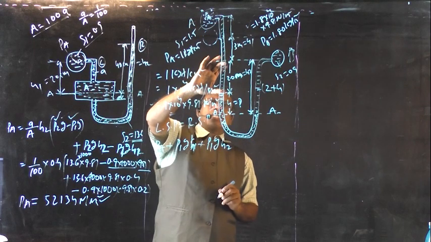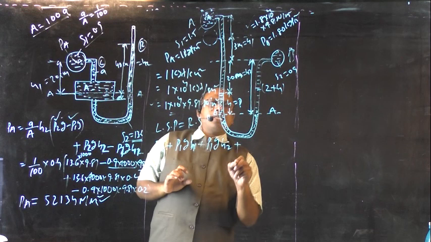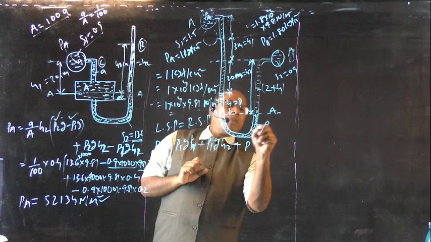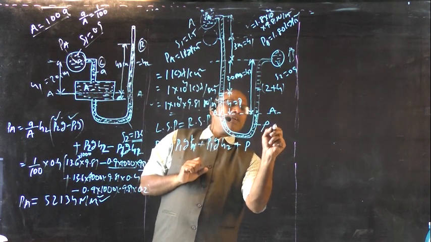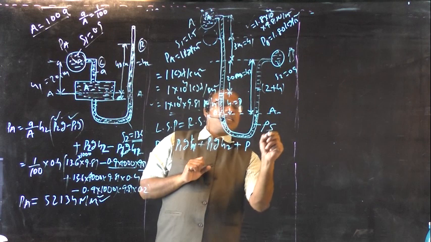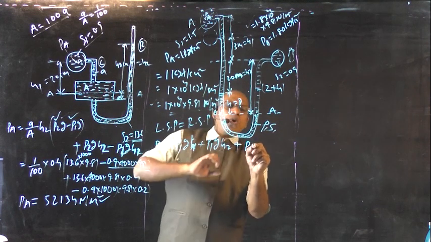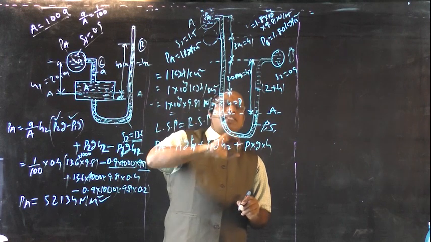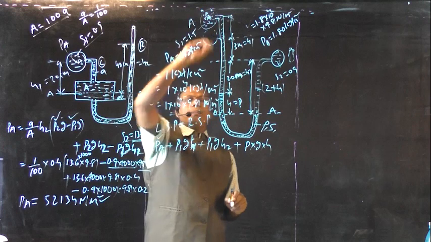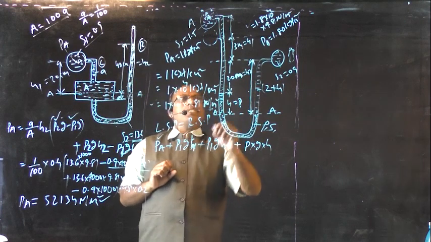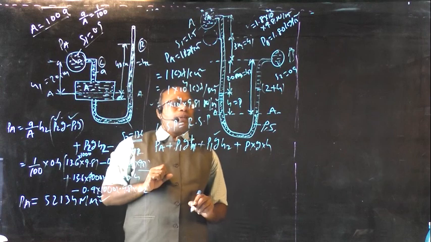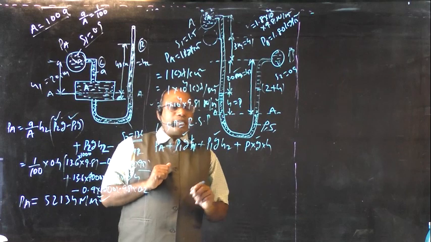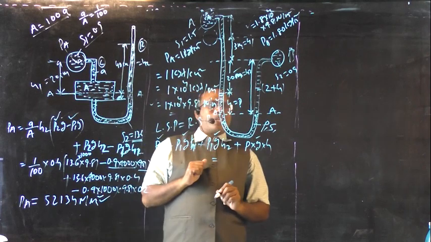This is one pressure, this is another pressure, this is one more pressure, plus rho is the density of the heavy liquid, denoted by rho. Specific gravity of the heavy liquid is denoted by S. Right? Rho into G into H. Because of this column we have one pressure. Pressure 1 PA in the pipe A, and 3 meters column we have one pressure, and 2 meters column we have one more pressure, and H meters column we have one more pressure. Those are the left side pressures. That must be equal to right side pressures.